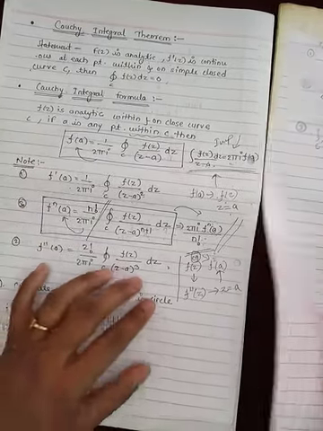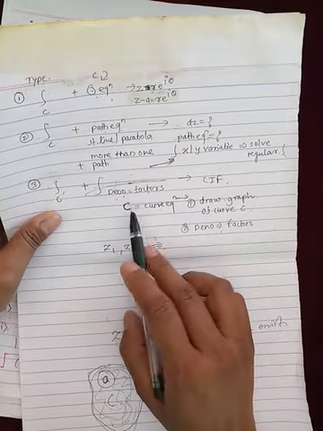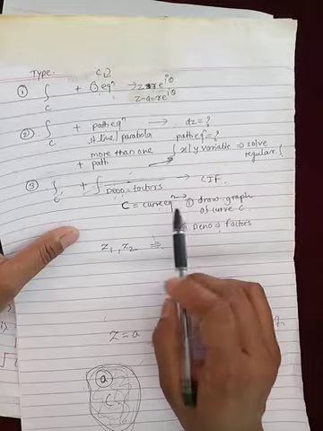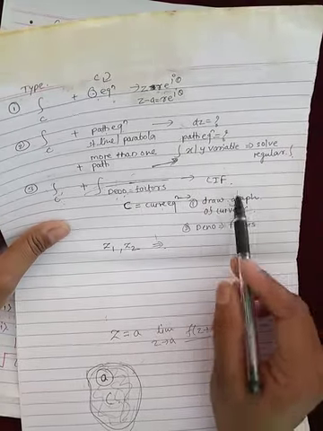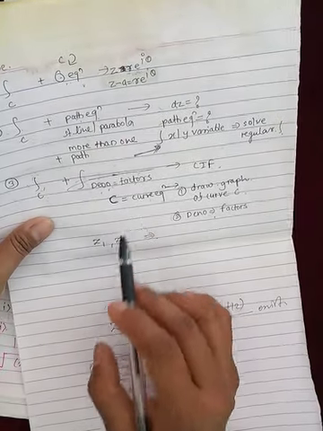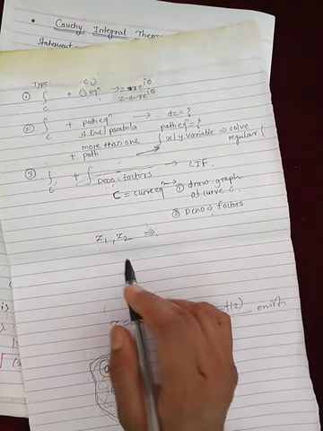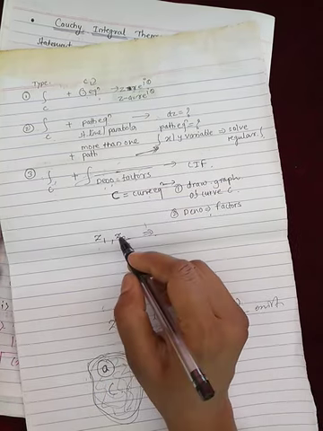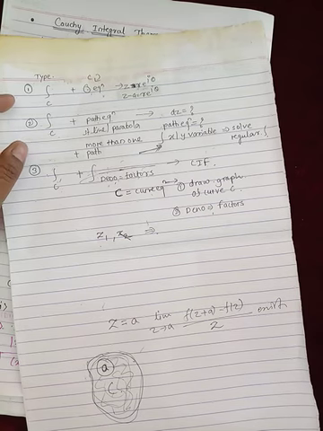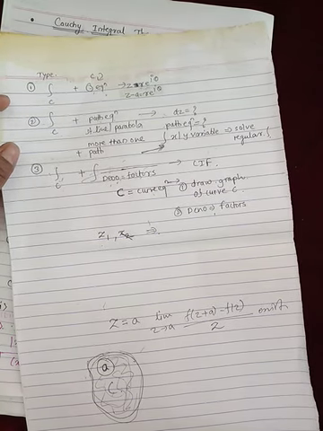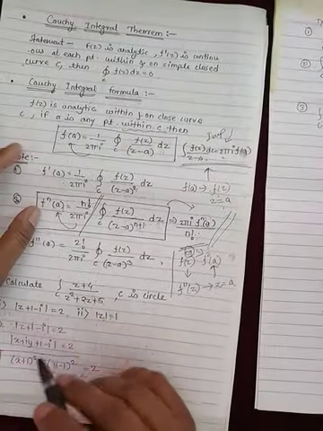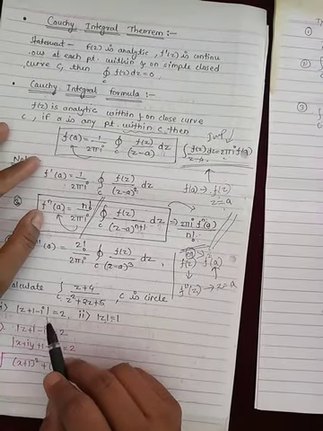So first, from that curve equation we have to draw the graph of that curve C. Then we have to factorize the denominator. So these are the first two steps, and these factors we can name as z1 and z2, or if there is one factor, name it z1, or if there are more factors, you can name them z1, z2, z3, etc. So first we have to draw that curve C.